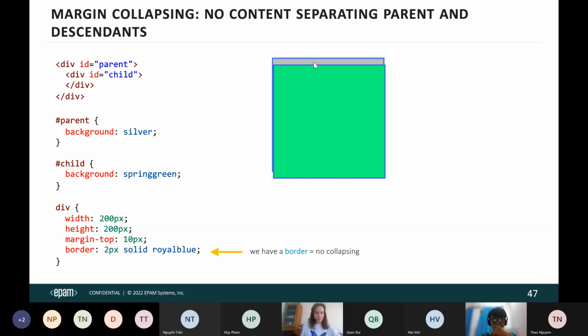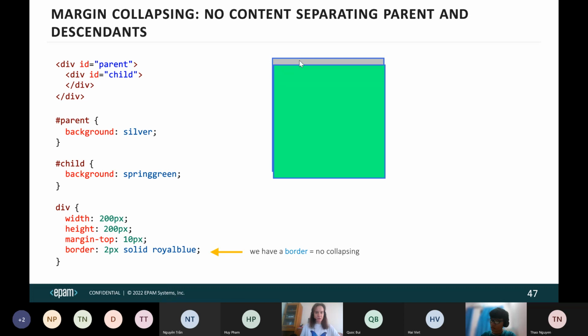And an interesting thing goes here. If the inner element has a border, then these margins are not collapsed. So it will be located inside the parent element, and it will have its margin, which is calculated from